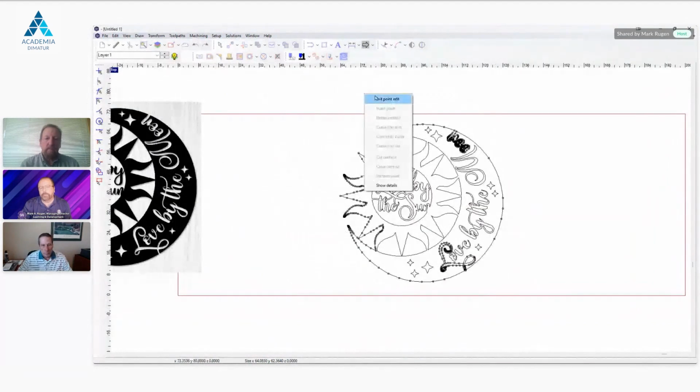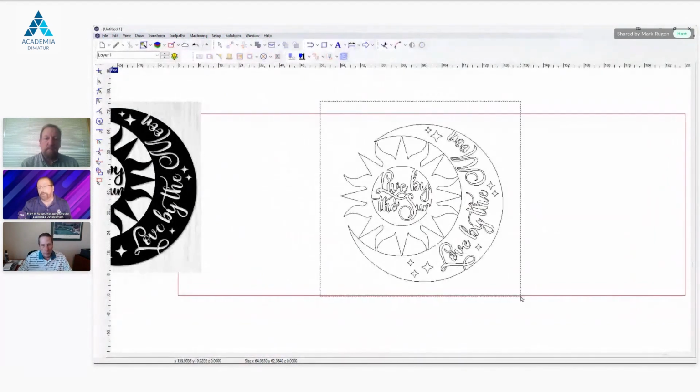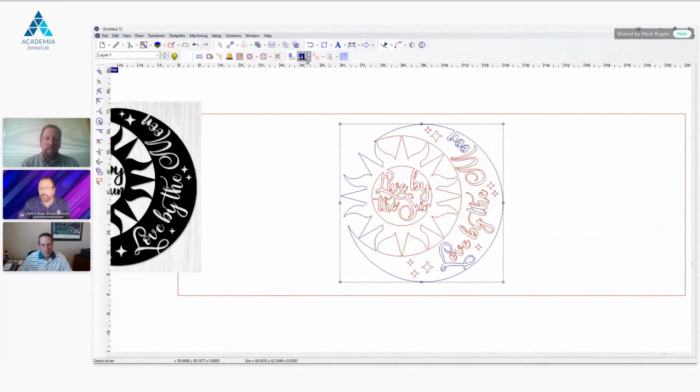So you can see it did a pretty good job of distributing those anyway. But what's really cool is, and that was part of the auto cleanup, but what Bryan was even saying is we could use the editing tools in our software here for cleaning up. We've got a bunch of different editing tools in here for fitting curves and straight lines and all of that. I also like the fact that I can select the entire